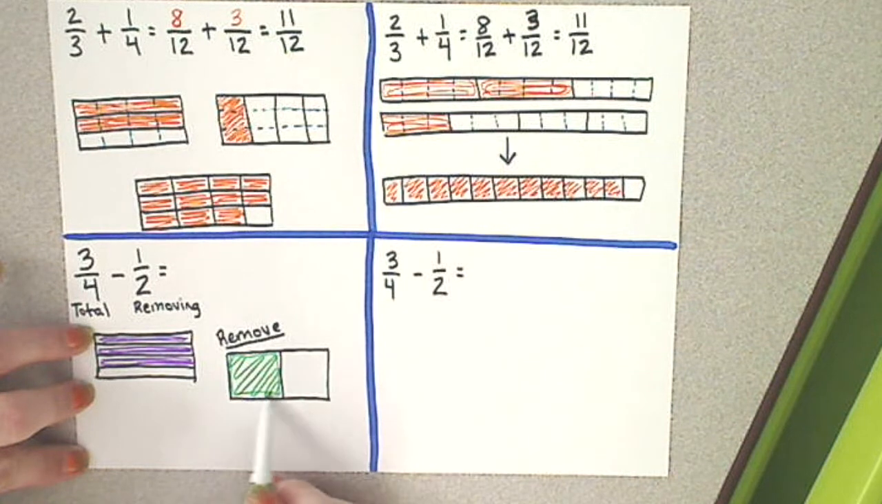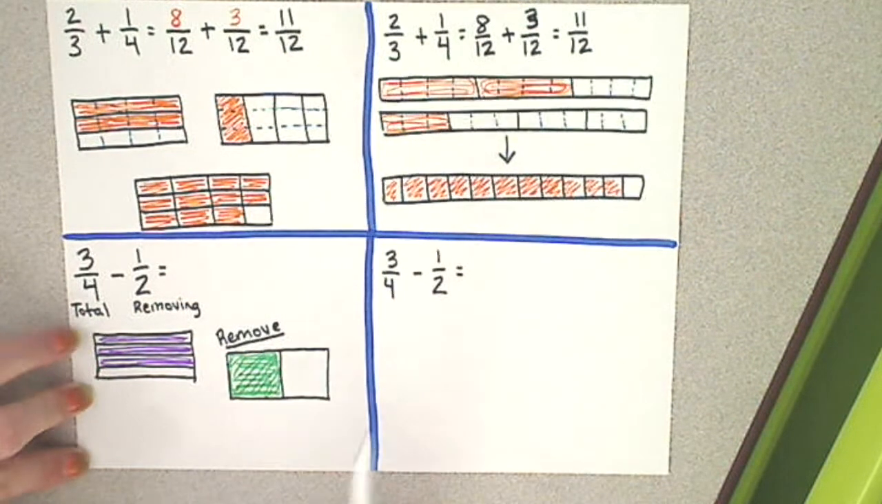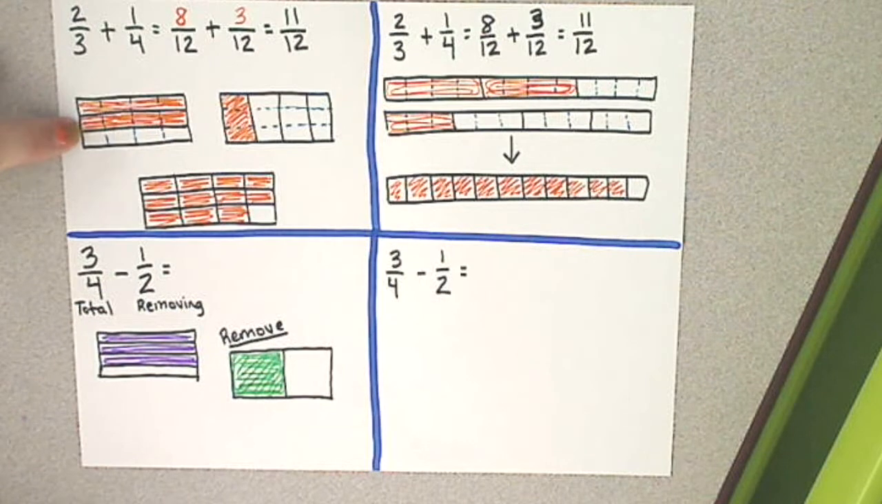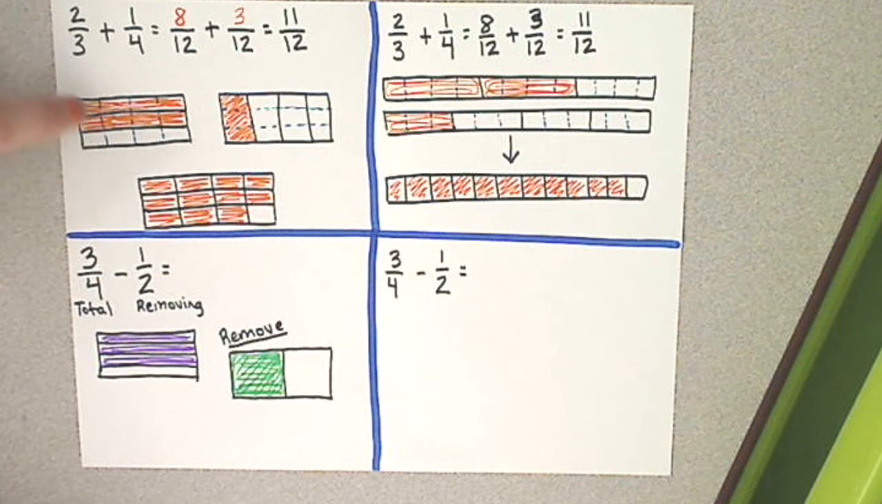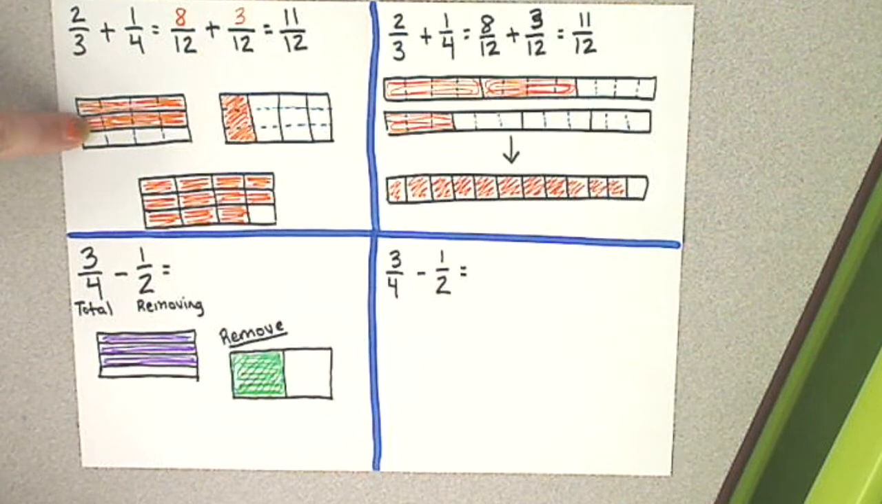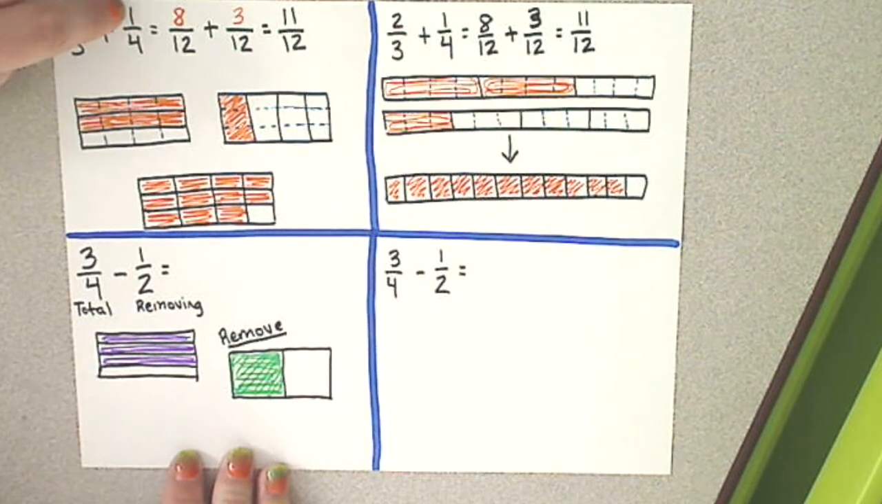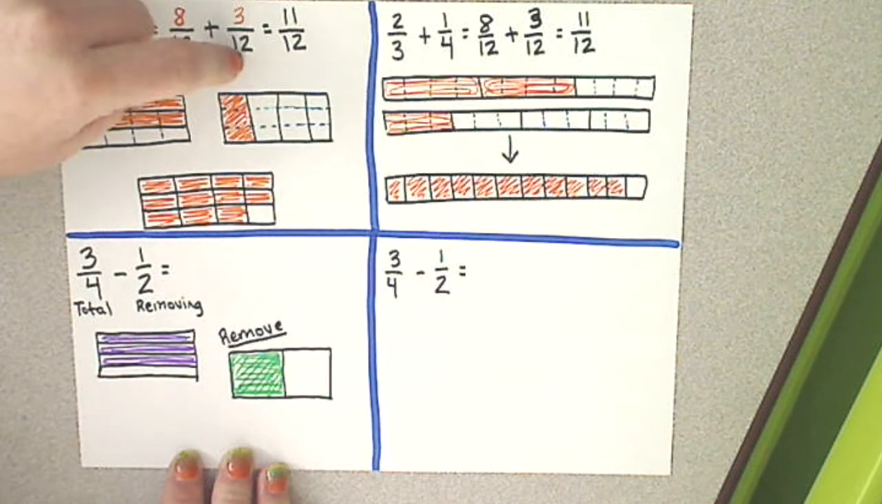Now, I know most of you are going, okay, Ms. Pike, this doesn't make sense. Why are you drawing this model? It will make sense momentarily. Bear with me. So just like when we were doing these models here, we had to find a common denominator. And we had to turn both of our fractions into equivalent fractions that had the same denominator, meaning that 2/3 was equivalent to 8/12 and 1/4 was equivalent to 3/12 in order to